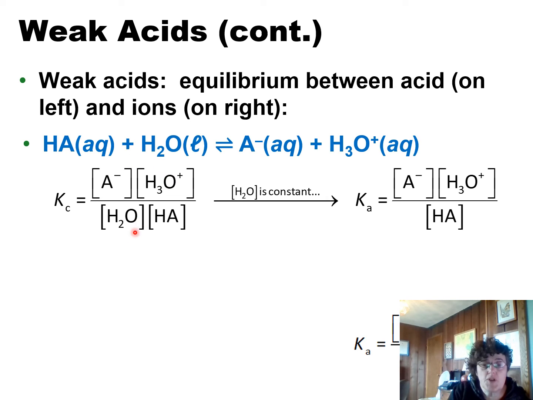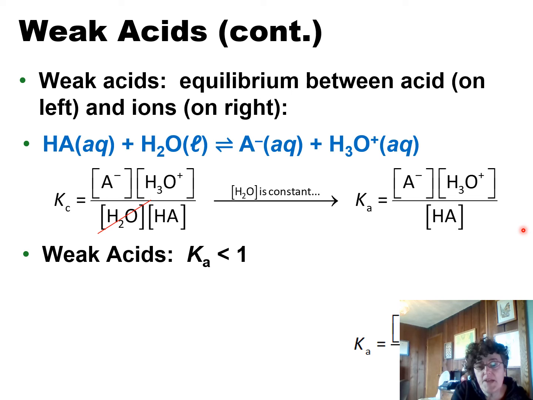Therefore, water should not appear in the equilibrium constant, and the equilibrium constant becomes just this. For weak acids, typically the value of that constant is smaller than 1. If it's larger than 1, it's what you would consider a strong acid, and you wouldn't even